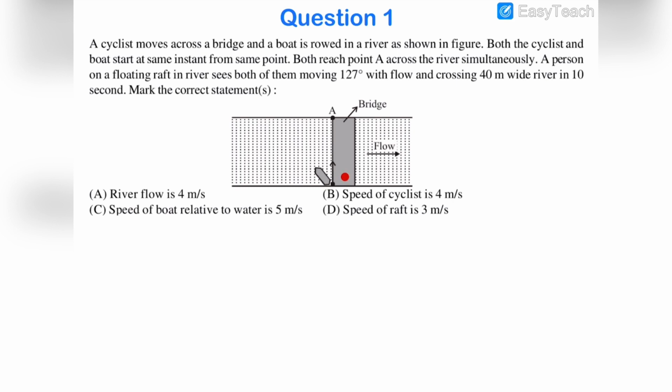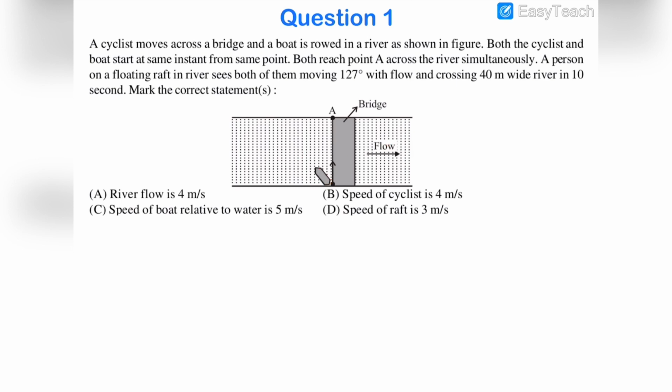there is a cyclist which is moving on a bridge across a river, and there is a boat which is rowed in the river, and both cyclist and boat start at the same instant and from the same point. The cyclist is moving on the bridge and the boat is floating in the river, and they both reach the point A simultaneously. Now there is a person which is floating on a raft in the river, and he observes that both